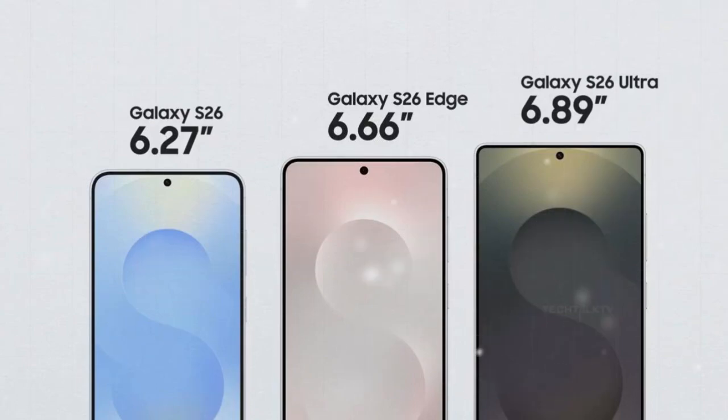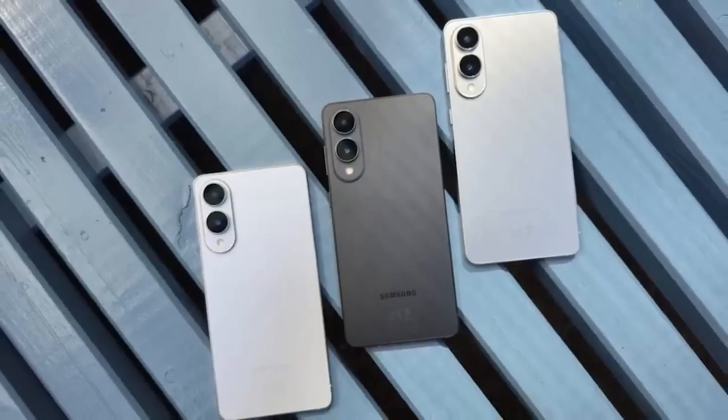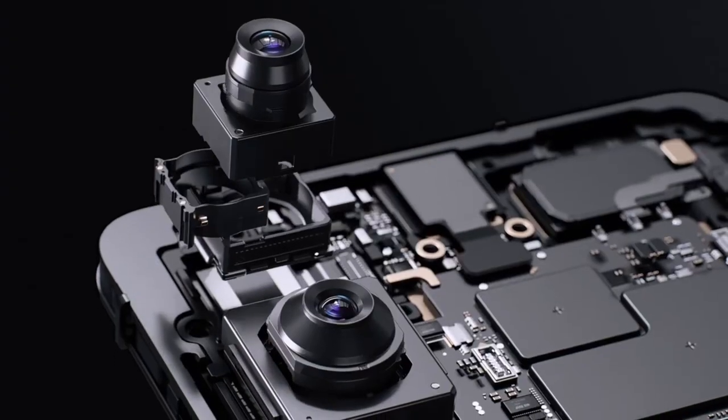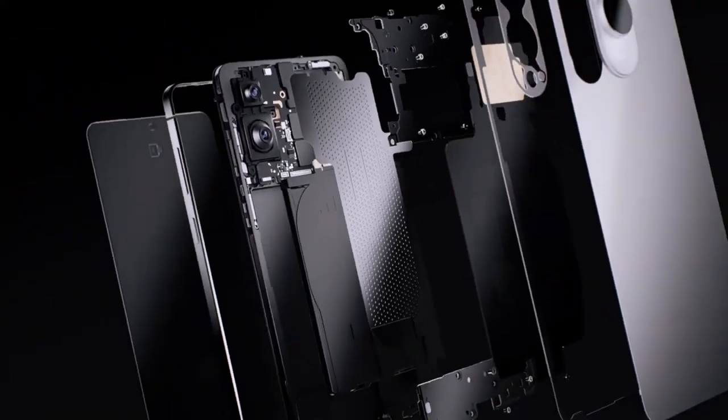These are pretty similar to the current generation, but there is a big change, especially with the Edge model. According to WinFuture, a very reliable source, the S26 Edge will get a serious camera upgrade. It'll jump from a 12MP ultra-wide to a 50MP ultra-wide camera. That's a major leap and puts it much closer to the Ultra in terms of image quality. However, it's worth noting that the Edge won't have any telephoto lens, which still keeps a noticeable gap between the